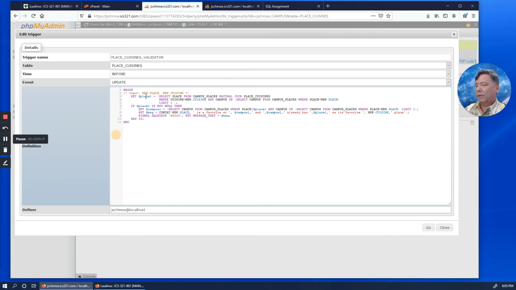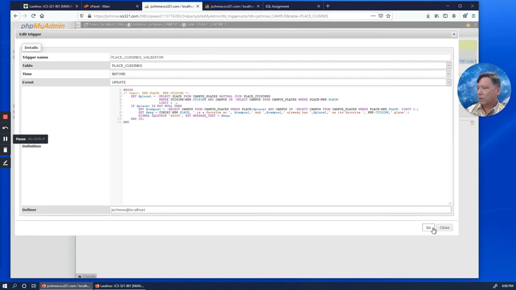And if there is such a place, we grab back out what that campus was, and then we create this nice error message that has the new place. It's got the place that conflicts, and it reminds the user of the cuisine that you're trying to change it to, gives the user back that information, throws the exception, and aborts the update.